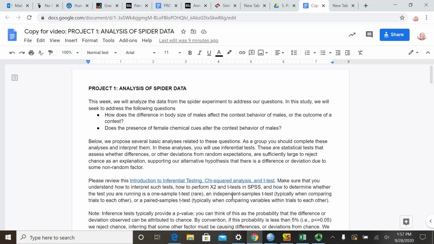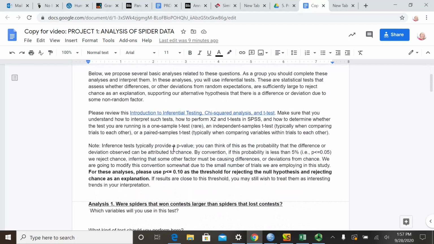There are some worksheets or documents that help you work through some of the different kinds of tests that we'll be using. They're in this introduction here, they're listed here, there's a link to them, and it helps you also understand how to do these analyses in SPSS. But I thought I'd work with you on a little bit of the analysis, kind of get you started with